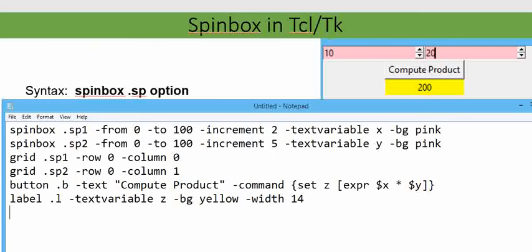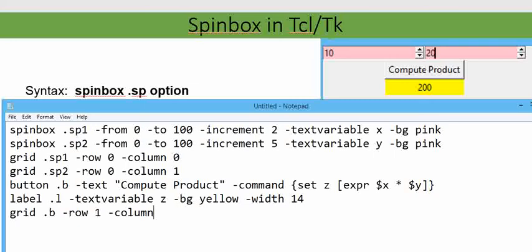Now again we need to pack it with the grid manager, grid dot b. It is given as minus row 1 according to my diagram, minus column. Now here the button requires both columns. Both columns have been associated with the particular button.